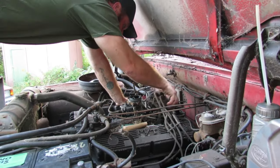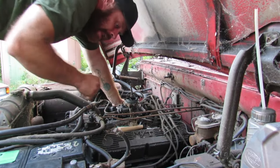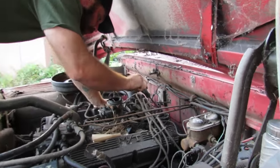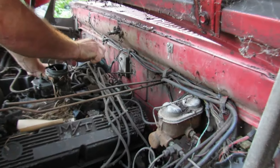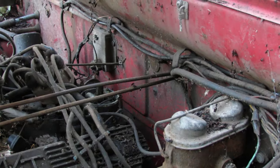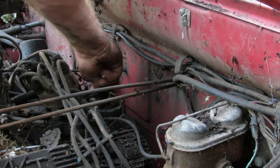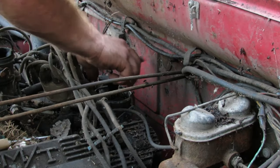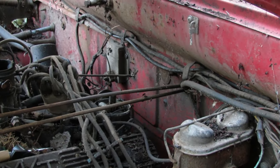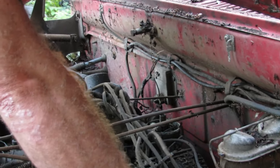Do you need finer sandpaper? No, this is actually some pretty fine stuff. Okay. It's popping there good. So how do you know if the gap is good? Oh, I guess I don't. Get all the way in here and then I'll have you crank it. And I'll see if it...